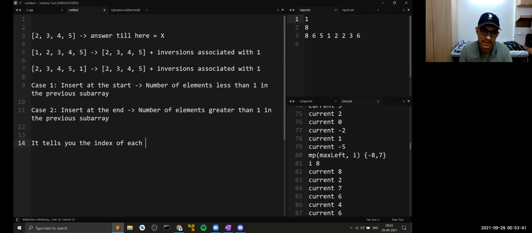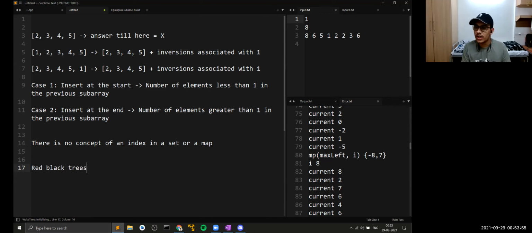That is why there is just one thing. There is no concept of an index in a set or a map. Why? Because these are red black trees. You cannot have an index in a tree, right? If it is a rooted tree, what would an index define here? But in case of a vector, it is like a single list.